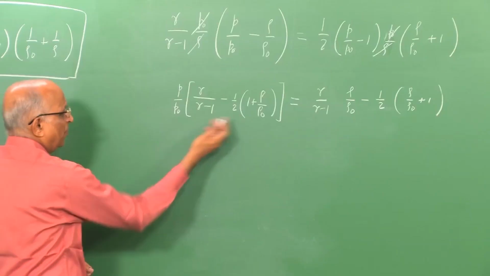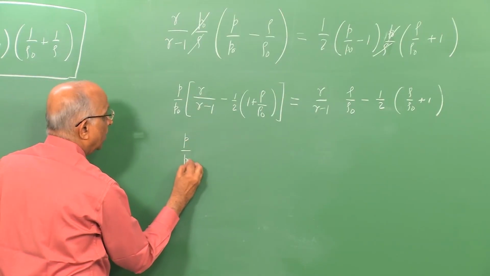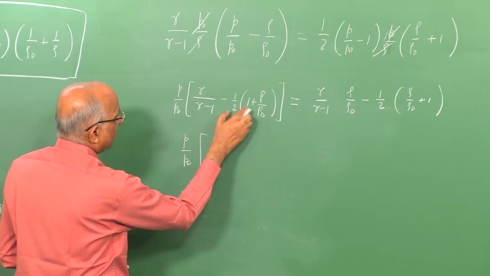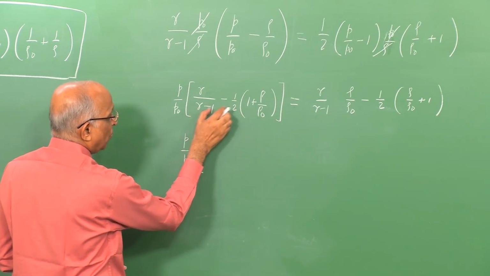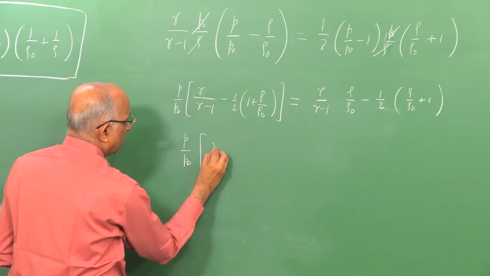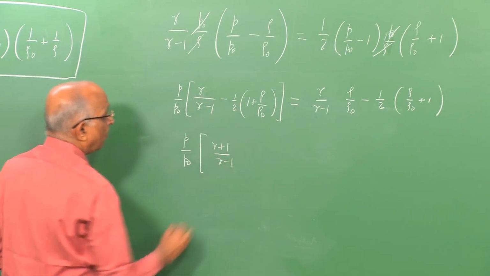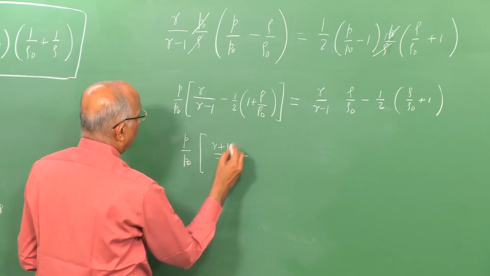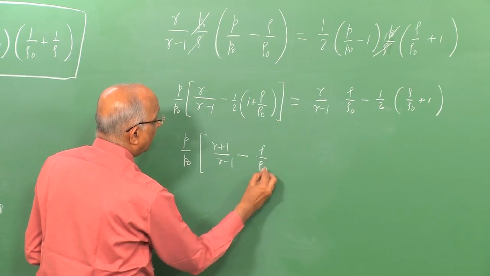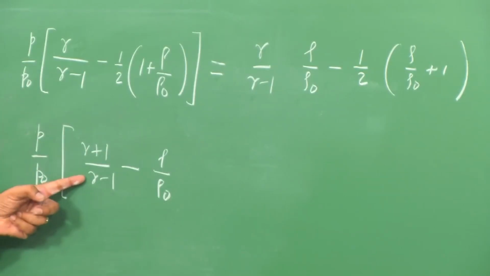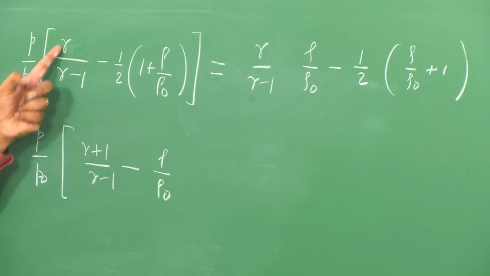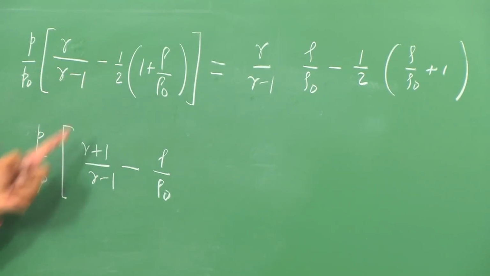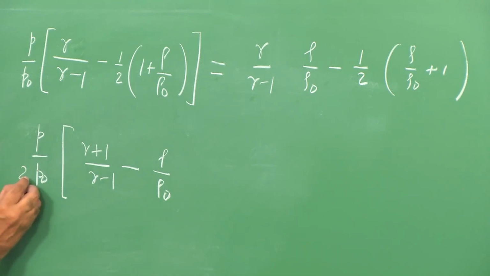Therefore, now I want to simplify this term, I have P by P0 into, now I write, it becomes minus half gamma by gamma minus 1 minus half, which is equal to 2 gamma, it becomes gamma plus 1 divided by gamma minus 1, minus I have the value of half, that is equal to rho by rho0. That means I have 2 by gamma minus 1 over here, that means 2 gamma by 2 gamma minus 1, which becomes 2, therefore I have 2 over here,